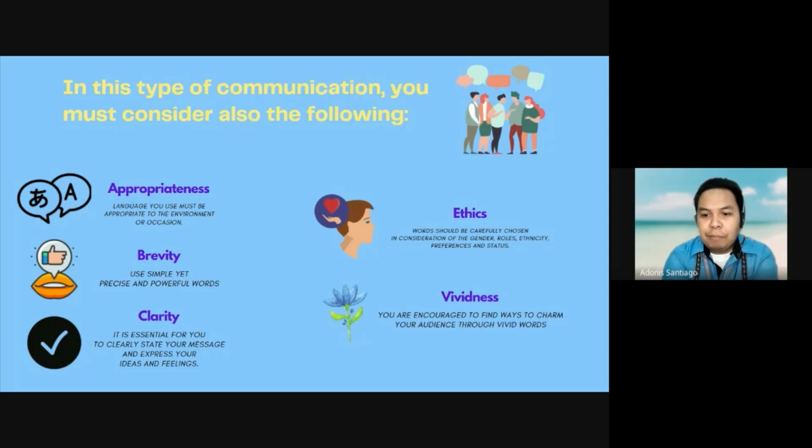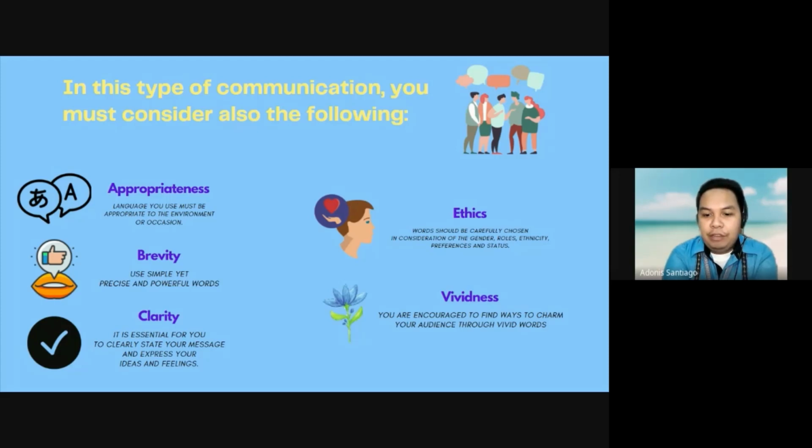Also, we need to respect their gender preferences. You respect their choices. It's their life and not your life. We also have to be very careful with their ethnicity and their religion as well. So if someone is Muslim, you respect the beliefs of Muslims. If somebody is a Christian, you respect their choices as Christian beings, because we all have the freedom to believe what we want to believe.